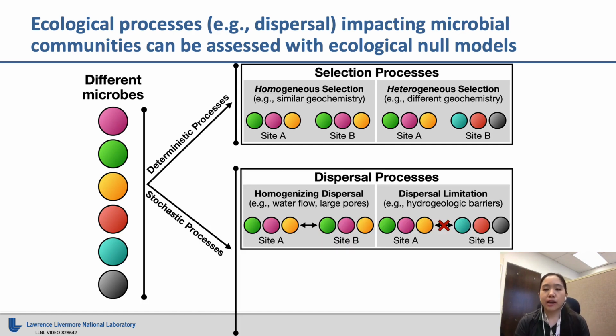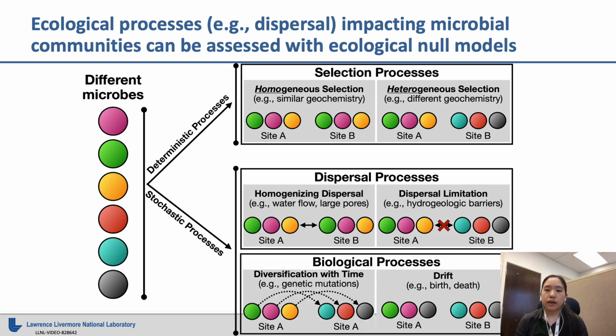In the first set of stochastic processes, these are defined as dispersal processes. So in homogenizing dispersal, we would have, for example, fast enough flow rates or large enough pore sizes, and ideally there would be very few hydrogeologic barriers. And so in this kind of ideal case scenario, microbes from site A can be dispersed to site B and potentially vice versa, depending on water flow direction. And in dispersal limitation, we would actually have the presence of hydrogeologic barriers, and so microbes cannot travel from site